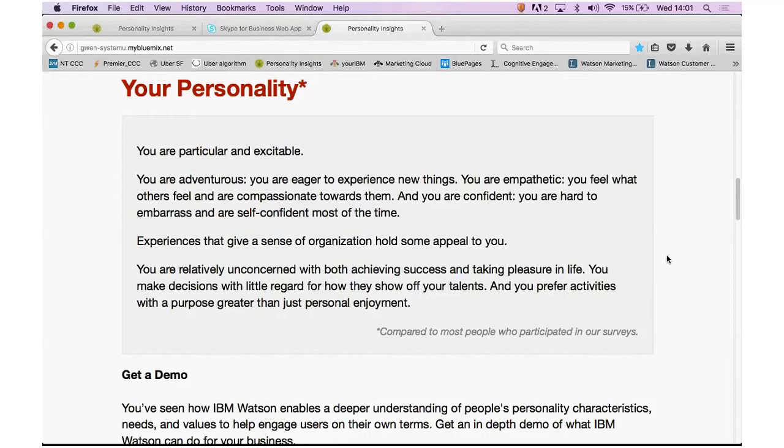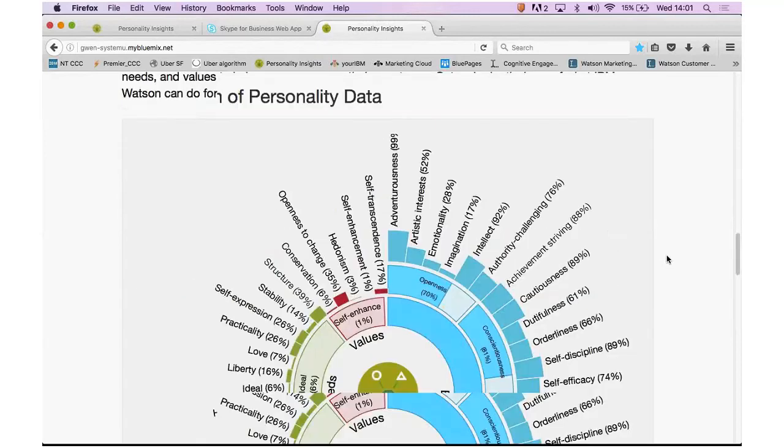That's pretty cool, right? That's pretty badass. I don't think that's a million miles off. Now what will happen is the Personality Insights API will also create starburst graphics,